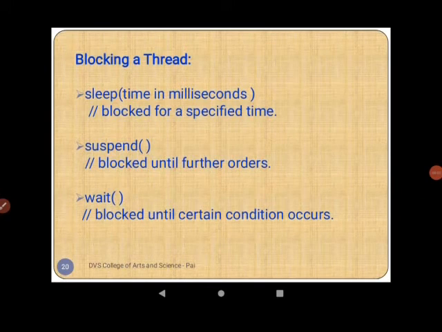Sleep method, with the time in milliseconds within brackets. This method will block a thread for a specified time. Suspend method. This method will block the thread until further orders. Next one is the wait method. This will block a thread until a certain condition occurs.